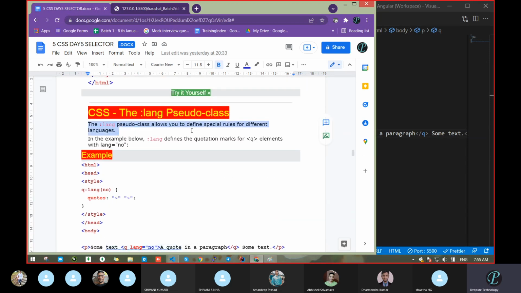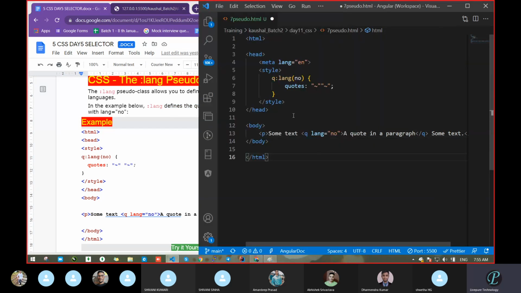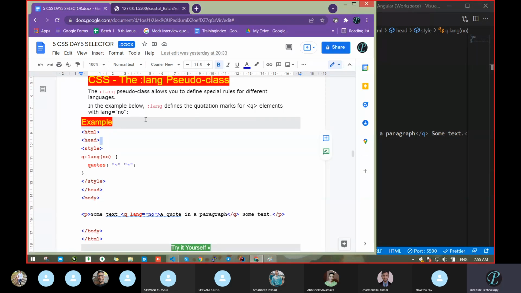Let me check what it is going to do. A lang pseudo class allows you to define a special rule for different languages. In the example below, lang defines the quotation mark for q. Here we can define the symbol of any tag.